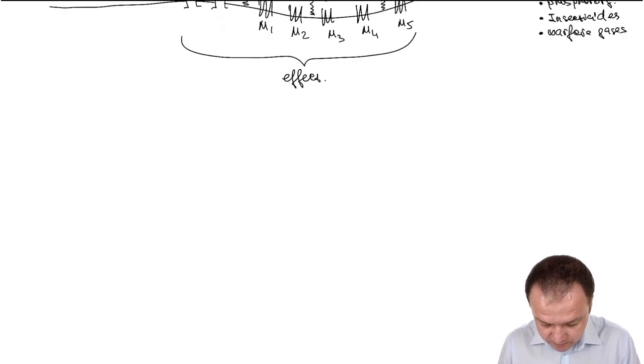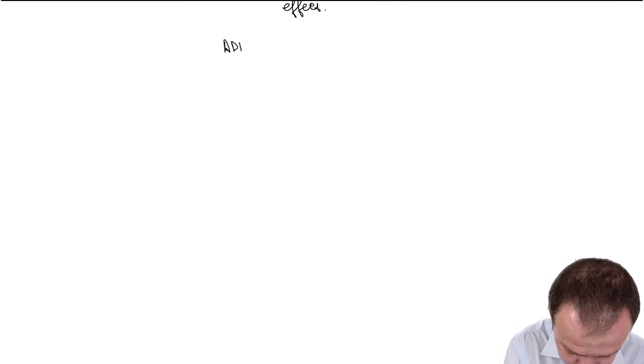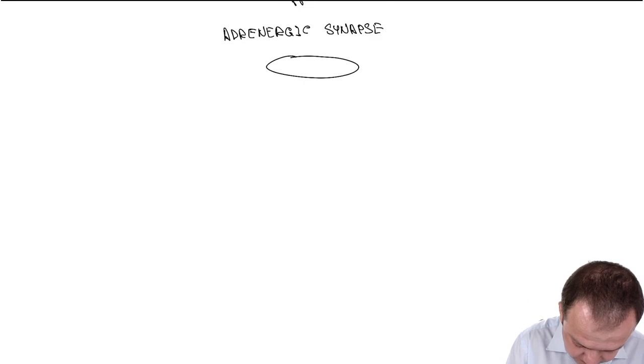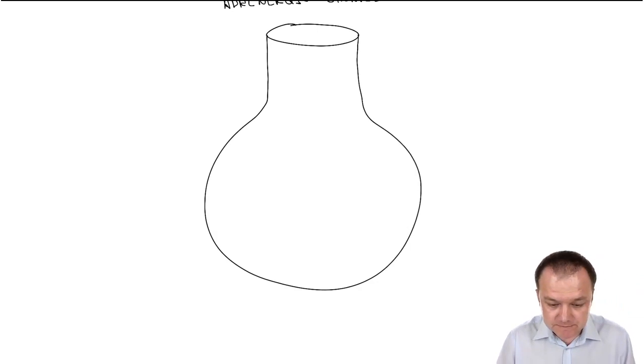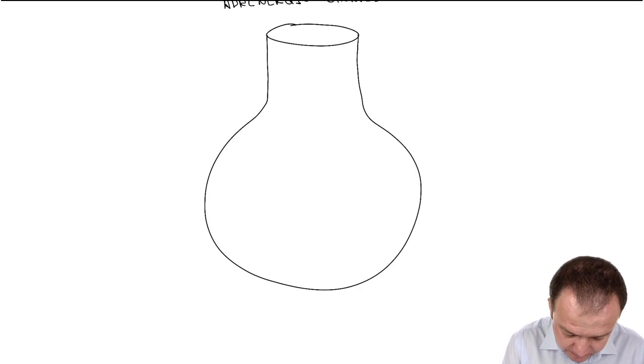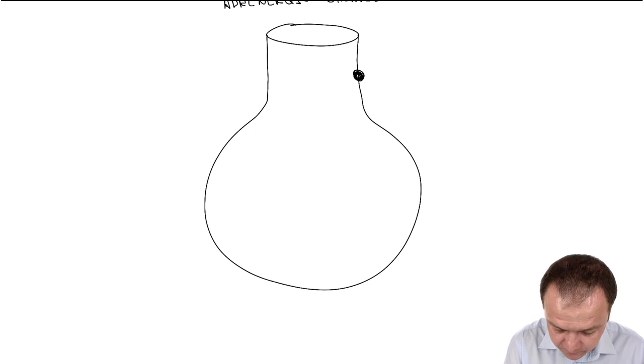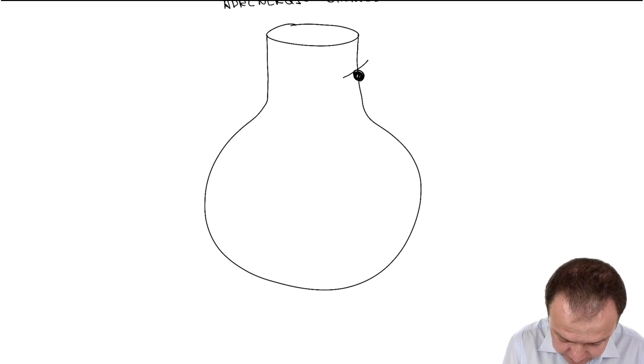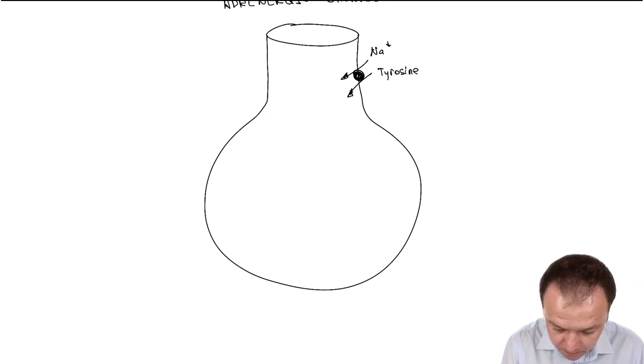Few words about adrenergic synapse. Adrenergic synapse releases norepinephrine. And the useful amino acid for synthesis of norepinephrine is called tyrosine. So we have a sodium tyrosine co-transporter, or sodium-dependent carrier,